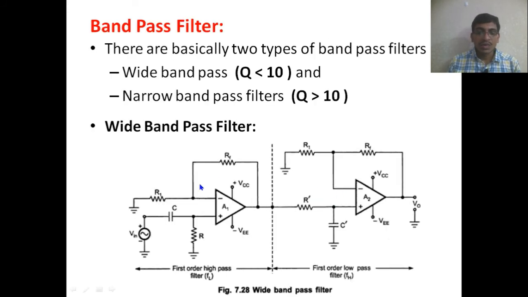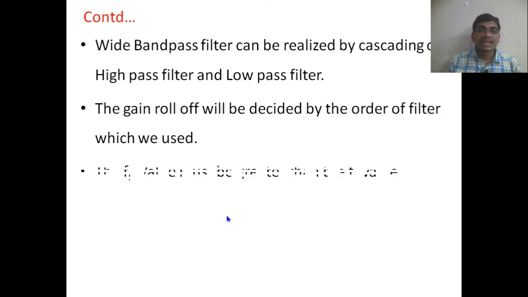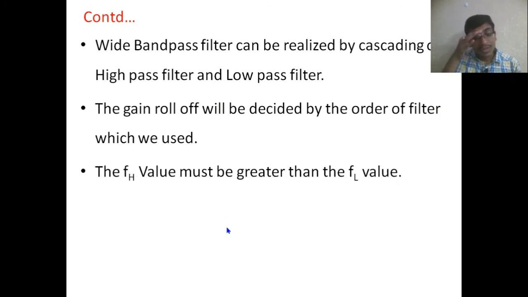The higher cutoff frequency must be greater than the lower cutoff frequency of the band pass filter. Here the higher cutoff frequency will be there for the low pass filter and the lower cutoff frequency will be there for the high pass filter. If you choose the FH value greater than the FL value, then only we will get the frequency response